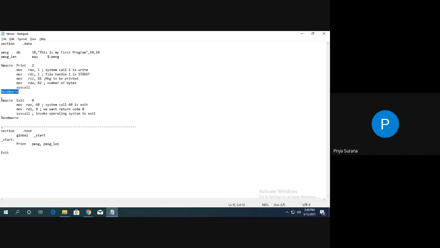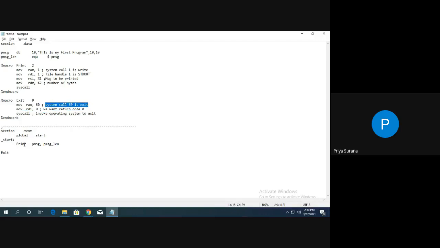Now the next macro is written for exit. If you check here, the name is given as exit, and %macro is a directive which tells the assembler that the macro will start from here. Values: initialize RAX with 60 and RDI with 0. For this syscall, these two values are required and these two registers are fixed. The RAX value here is 60, and for the write function it is 1. So remember this point: the value you pass in RAX before syscall decides which specific syscall will be called. So these two macros are created.